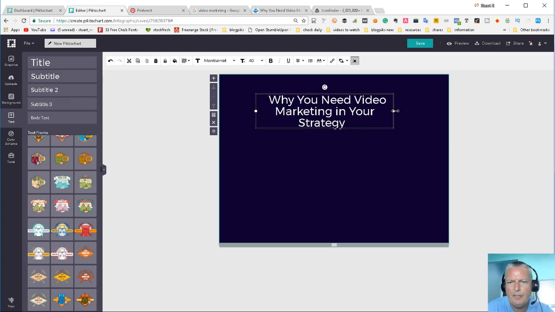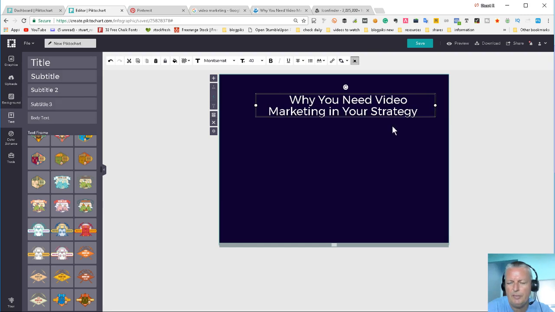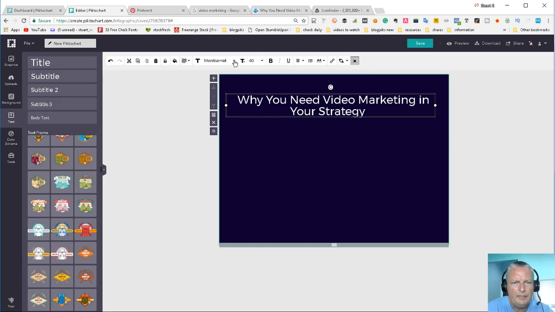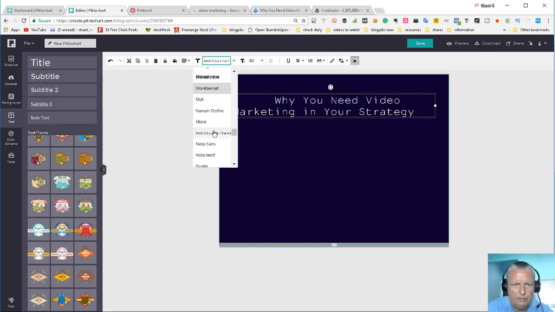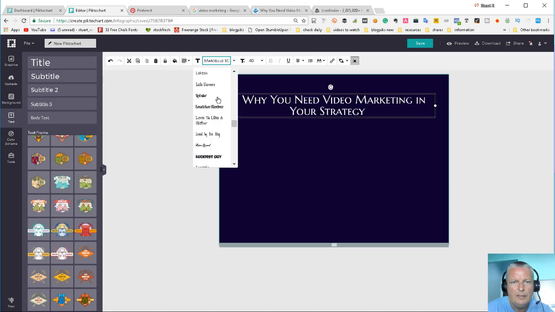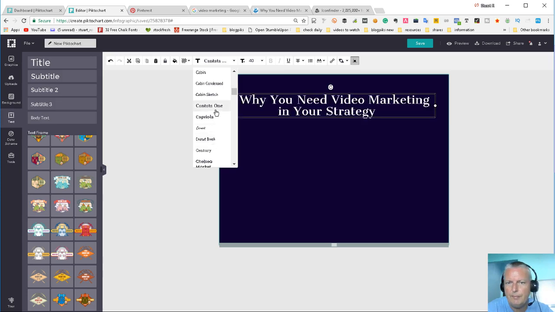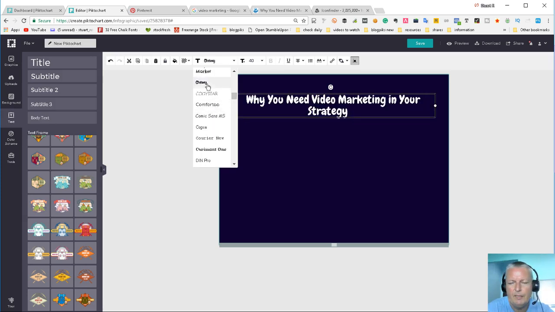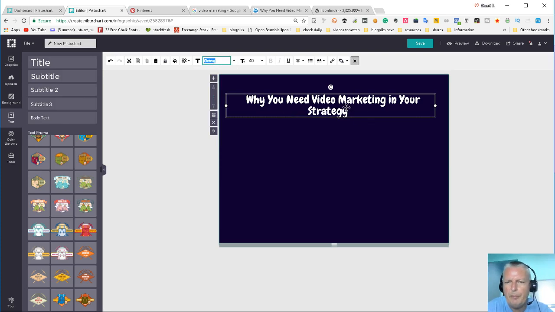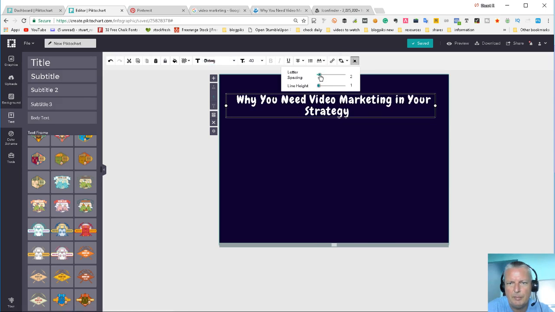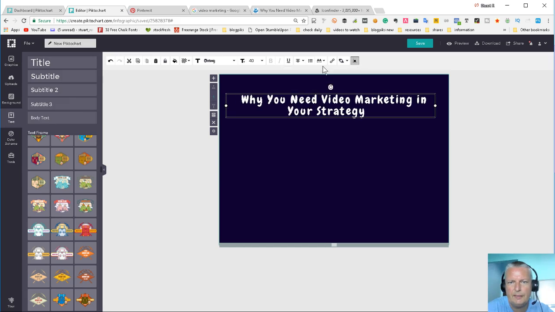In this case, I think last time I put the picture on the right, but I think I put the picture underneath this time. Find a good font that I like. Let's do a different one to last time. Last time I used this Caveat Brush, and let's do a different one this time. Let's use Chewy, but I think the text is a bit close together there. I'm going to use this here to space the words a little bit. Let's put that on 4, and let's change that line height